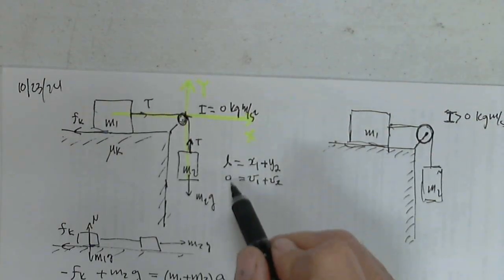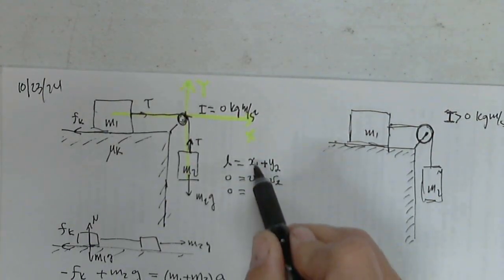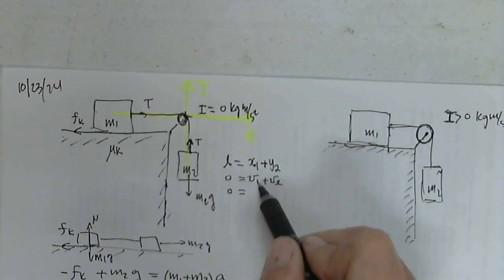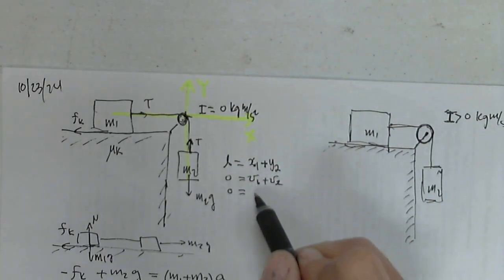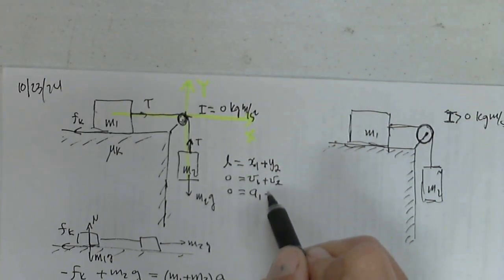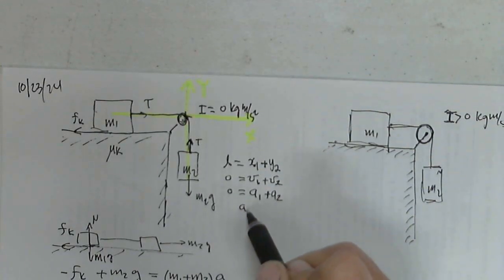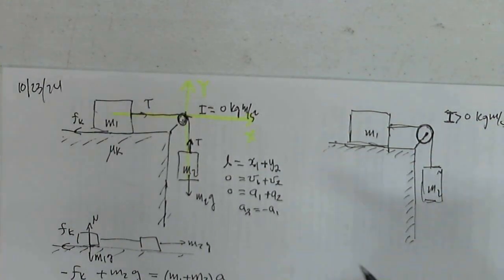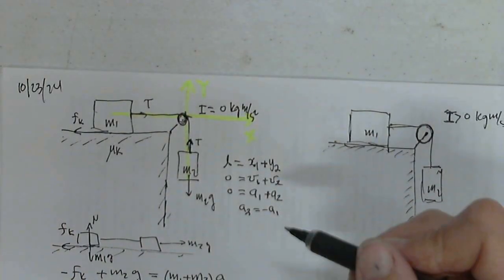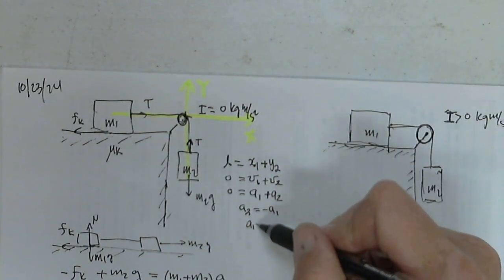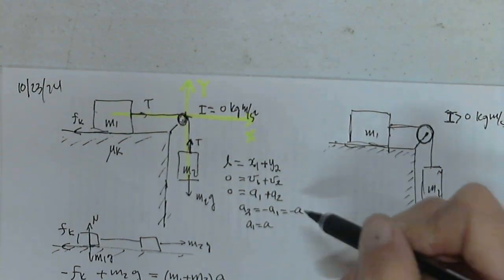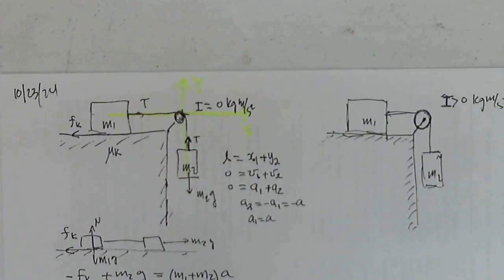And if you take another derivative, the derivative of the position is the velocity, the derivative of the velocity is the acceleration. And you get that A2 is opposite to A1. And if we call A1 A, this is minus A. So here,